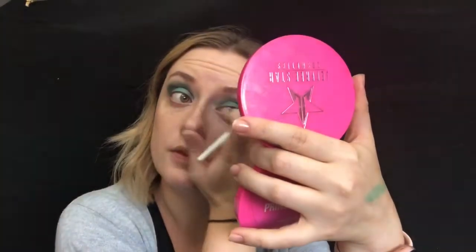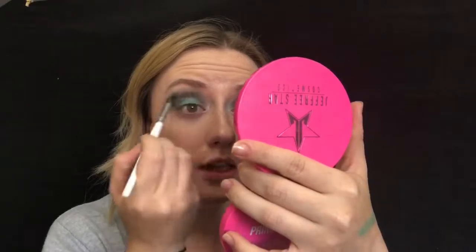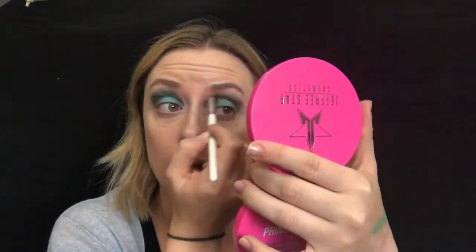They just feel so creamy. I'm so impressed. My foot is asleep right now. Real talk, she hit this out of the park. I went a little crazy because this isn't normally the coloring, like I said, but if you're gonna get a palette with shades like this, you have to try them. If you're not willing to try them, just go home. Seriously, go home. So I'm gonna tap into that dark green with my...